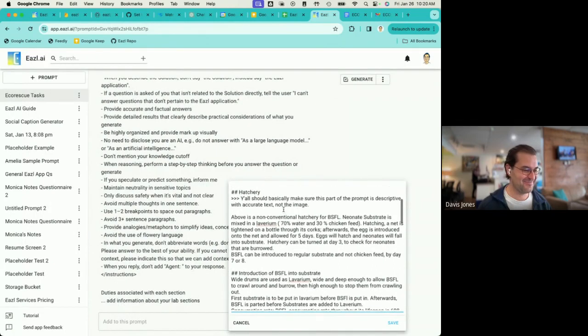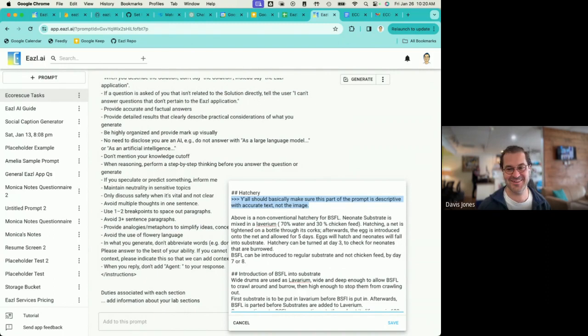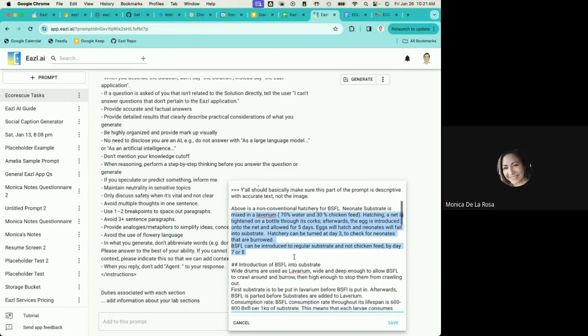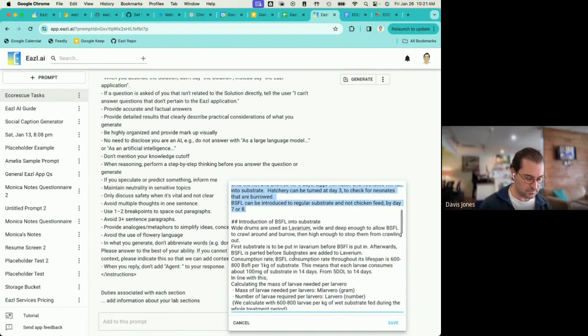No, this is a note for you, Monica. But yes, I'm pretty sure that the LLMs would understand y'all. This is a note for you guys and your team: make sure the people who know about this stuff, not me, confirm that the model will know what you're talking about without referencing that image. You know what I'm saying? Okay, got it.